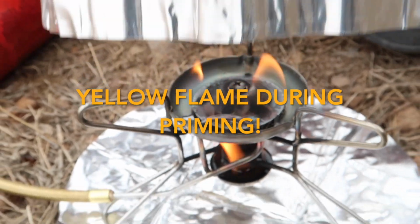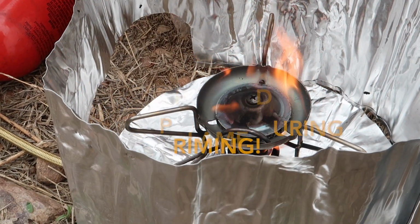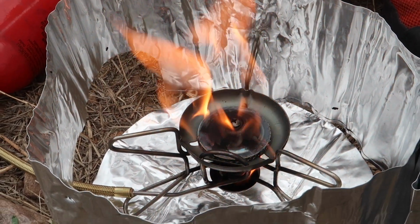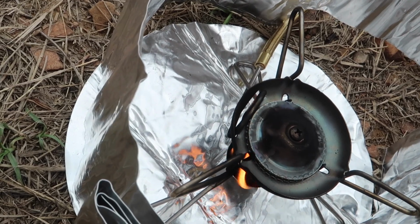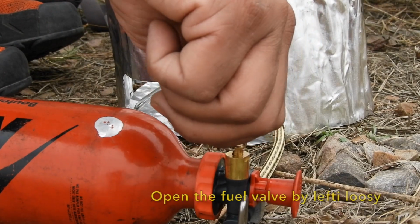At this time, it's important that you get the wind protection so that the fire doesn't spread over your fuel or yourself. Once the liquid fuel all burns down, it will heat up the fuel line. This is the time when you want to turn it on